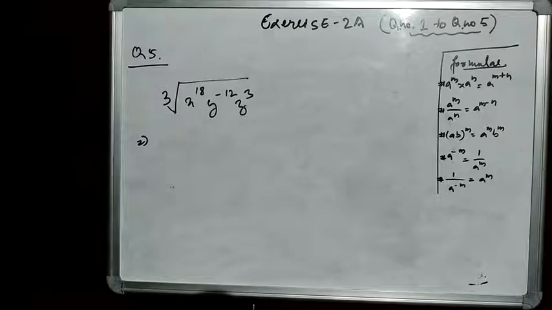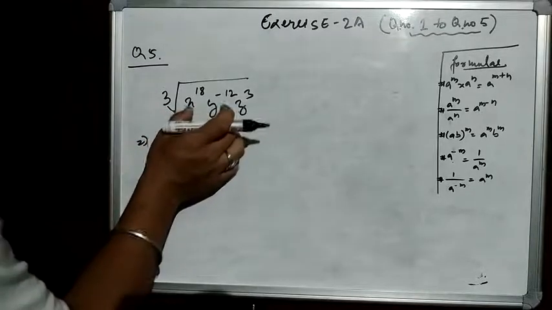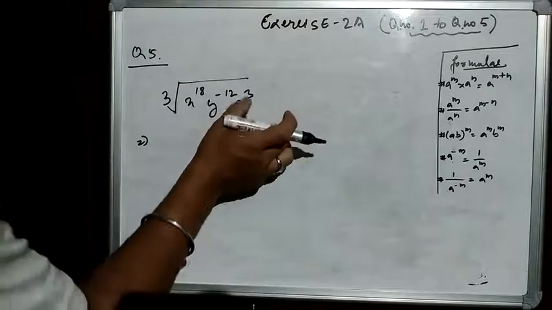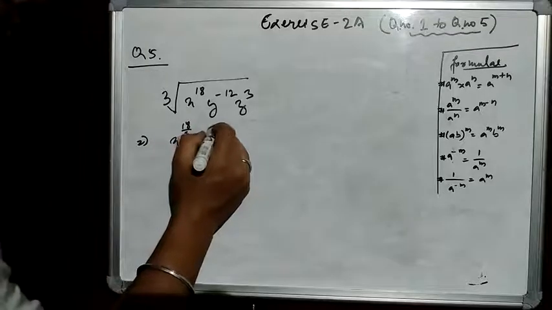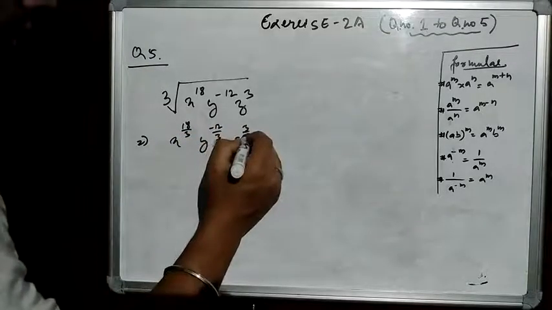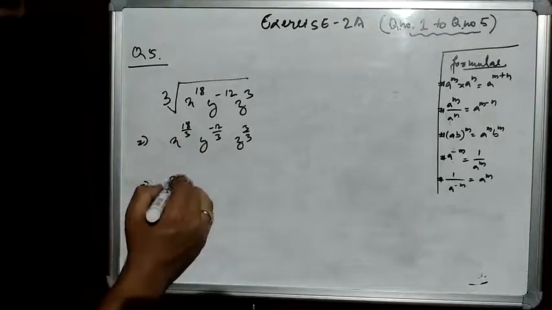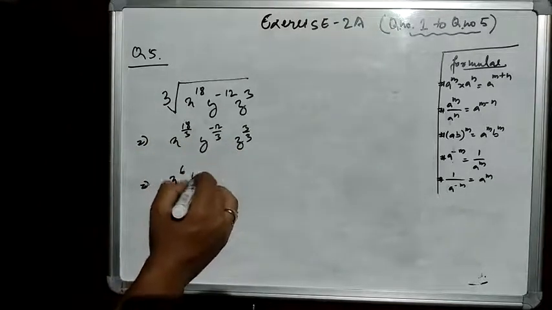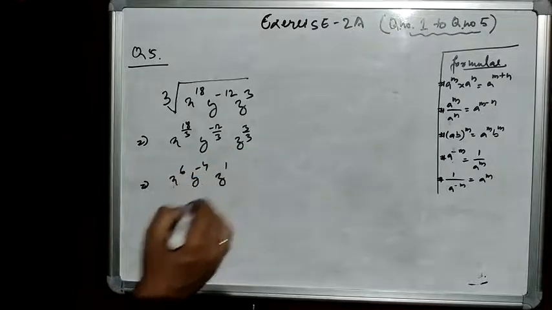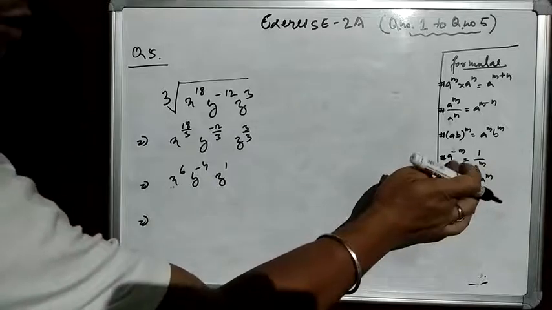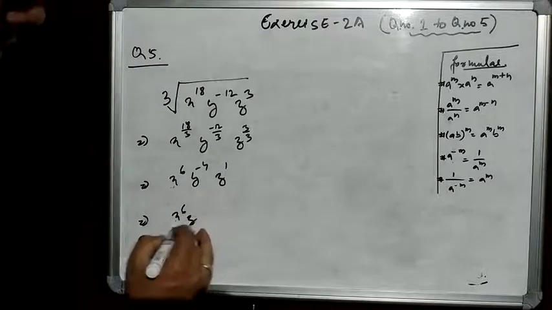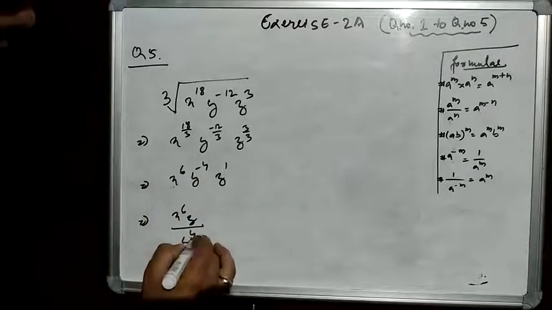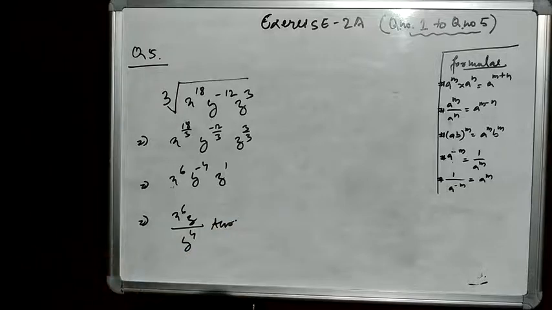Now this is the last question of question number 5. We have a cube root over x to the power 18, y to the power minus 12 and z to the power 3. So in normal form we'll write here 18 by 3, minus 12 by 3 and z 3 by 3. So 3 6s are 18 will come here, 3 4s are 12, y to the power minus 4, and 3 3s will cut, 1 will remain here. As you see here, a to the power minus 1 equals 1 by a. So as it is we'll write x to the power 6, z will come here and y will go down, so this is your answer. This is the last question of this exercise I am doing.